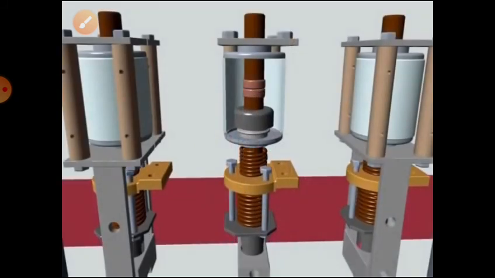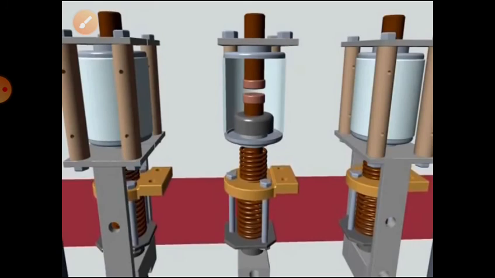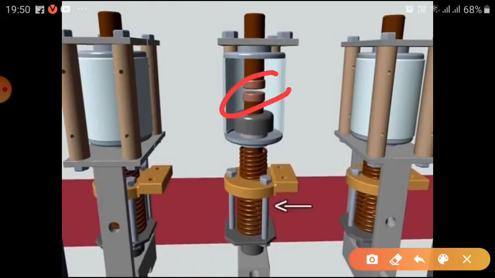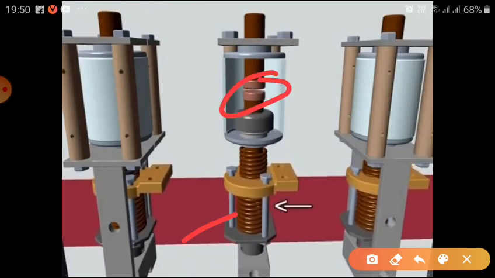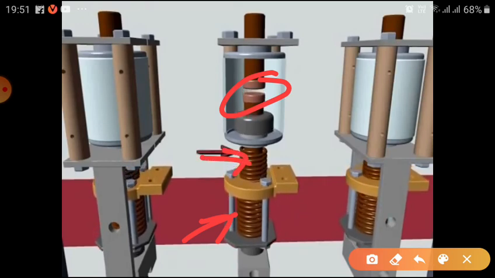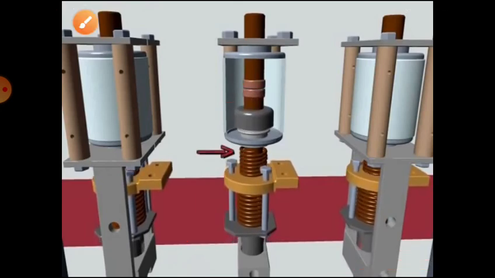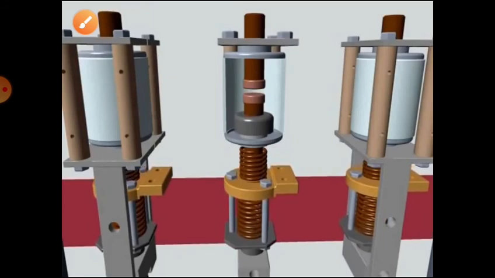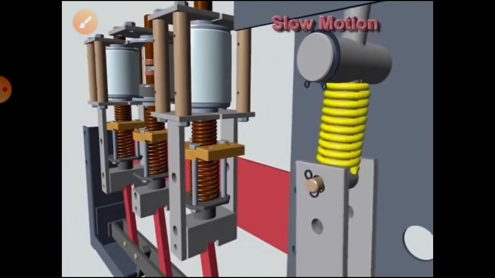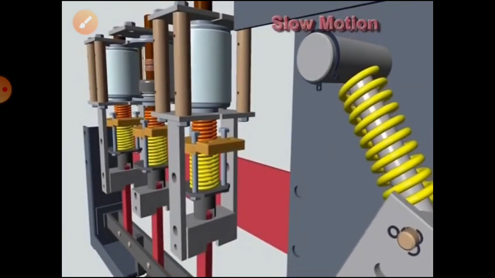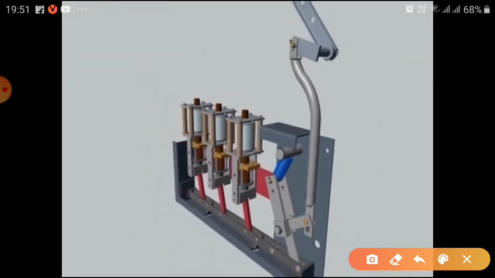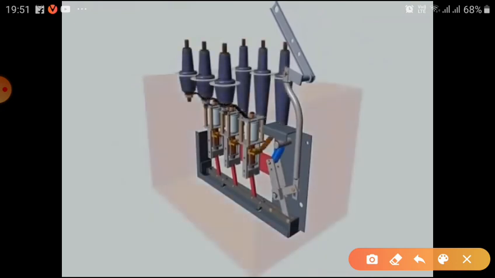Each of the three vacuum contacts is mounted in its own spring-loaded closing assembly. You can see the gap. The two coil springs provide a consistent contact closing and opening time. The opening spring ensures an open contact in the unlikely event of an internal mechanical failure. In the closed position, built-in over-travel of the closing assembly ensures consistent spring pressure throughout a 10,000 operation life cycle. So you can see the mechanism.